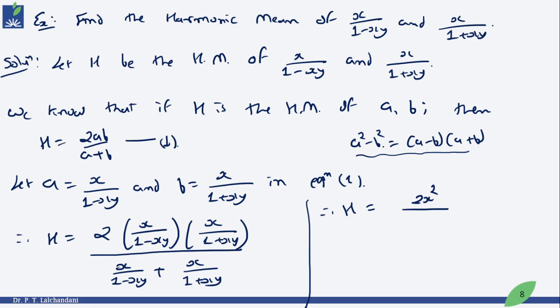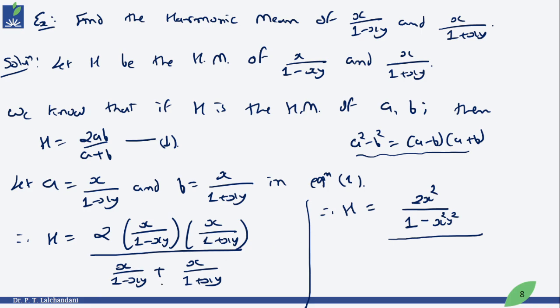So using this factorization property, instead of a we are having 1, instead of b we are having xy. So a minus b, a plus b is nothing but a square minus b square. So 1 square, that is 1, minus xy whole square, that is x square y square. So it is 2x square divided by 1 minus x square y square, divided by